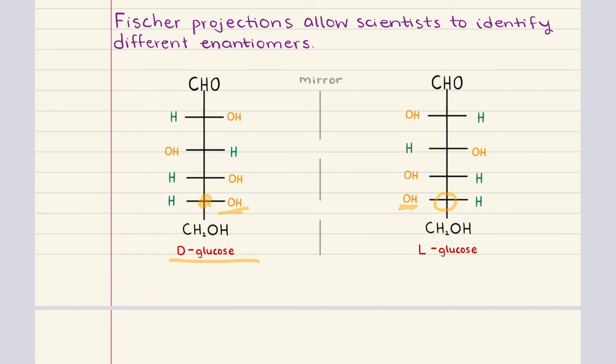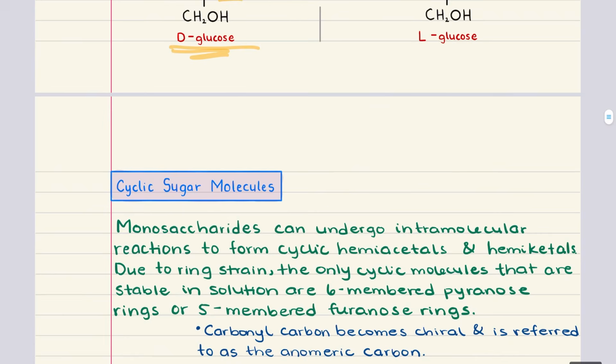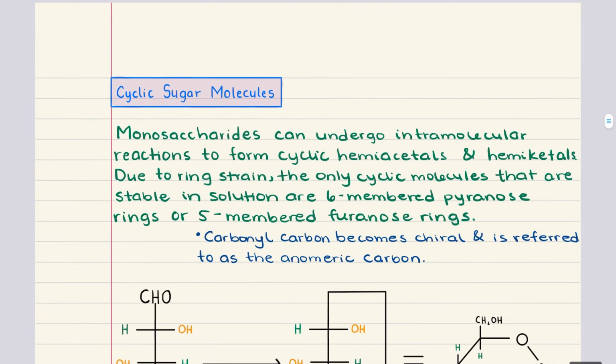Now, it's worth noting that most naturally occurring sugars in the human body are D sugars, and most naturally occurring amino acids are L amino acids. So just to summarize once more, you find the chiral carbon that's the farthest from the carbonyl, and you're going to check whether the hydroxyl group, the OH group, is on the right, D, or on the left, L, in the Fischer projection. And that's it. That's your classification. We are now all done with Objective 1, and let's move into Objective 2